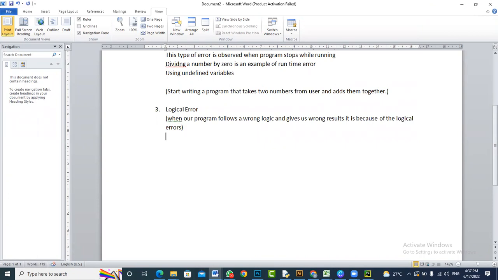Let's take an example. In a program that should add two numbers, we should use